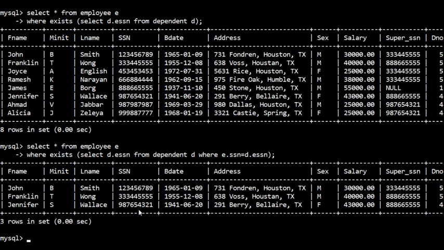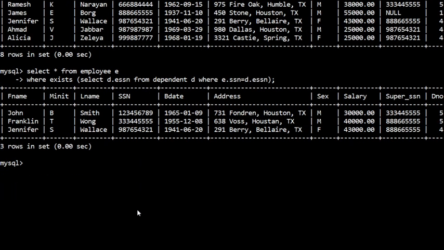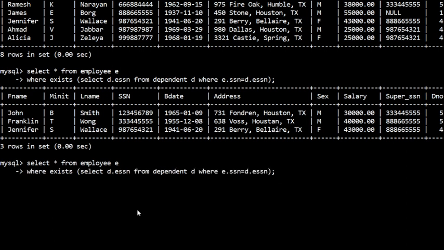Now you can see only 3 employees, so this is the correct one. Now, how can I get the employees who don't have dependents? Simply change exist to not exist. So here you can put the not exist function.